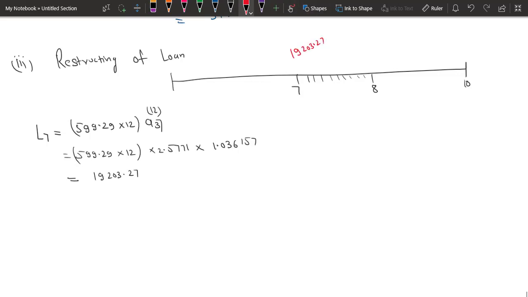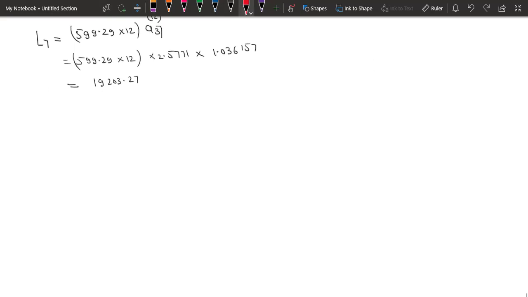19,203.27. Now you have skipped this installment, you have not paid this installment. So after the end of the 2nd month, that is after 7 years and 2 months, the loan will accumulate to, since you have not paid any amount, the accumulation will be going on and the interest of these 2 months will be added. So after 2 months, since no payments are made, the loan will accumulate to this value,